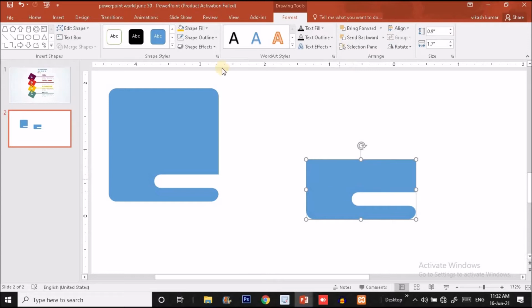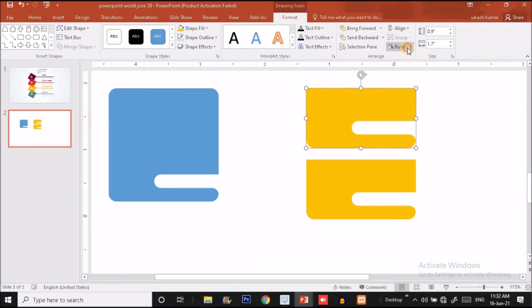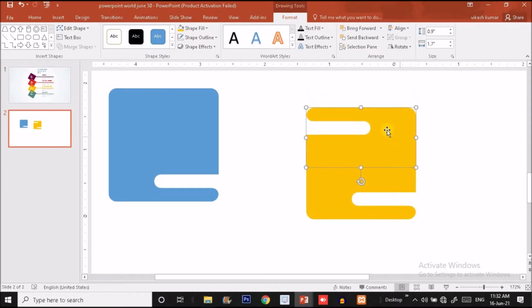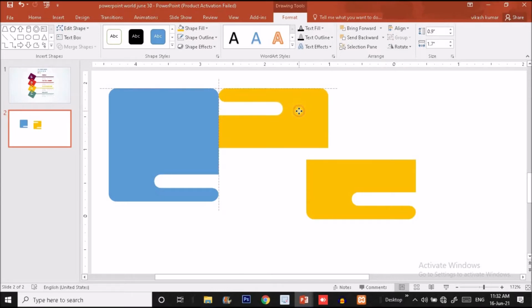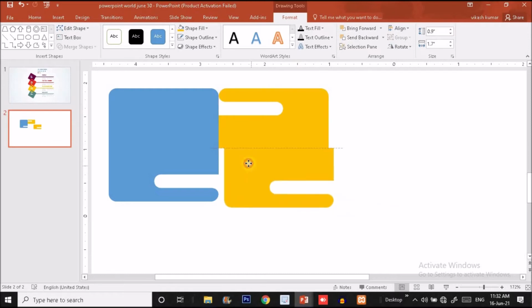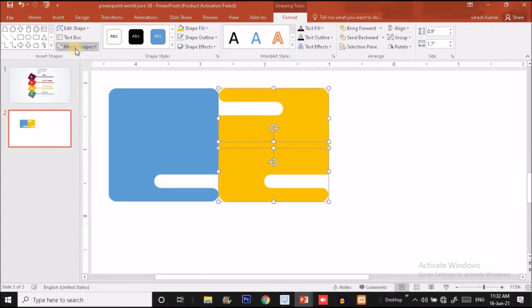Now again I'm going to make a duplicate copy of this orange shape. So I'm going to press Ctrl D to make a duplicate copy. I'm just going to flip it horizontally and again flip it vertically and put it over here. Before putting it over here, I'm just going to take a reference of the previous one so that we can fix it to the proper height like this. Okay. Now we will select all these two orange shapes and make it union.